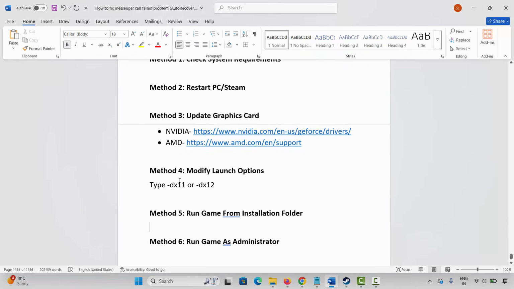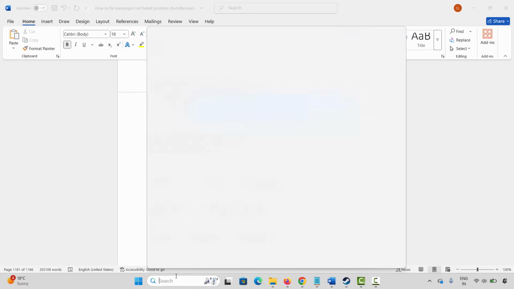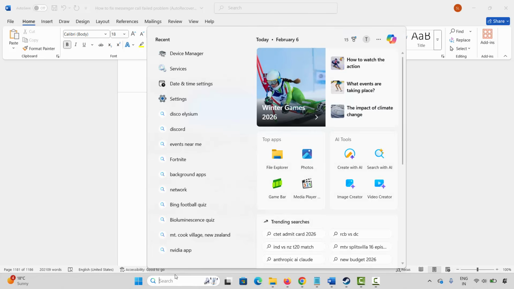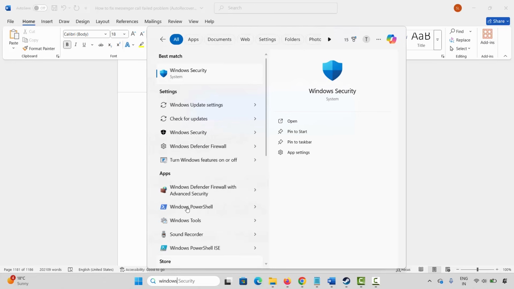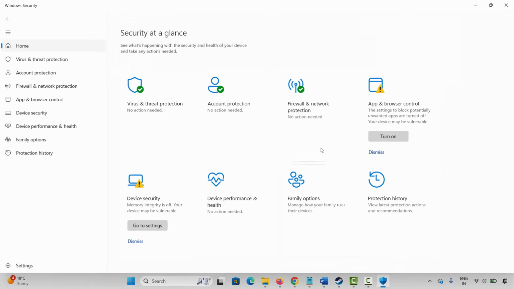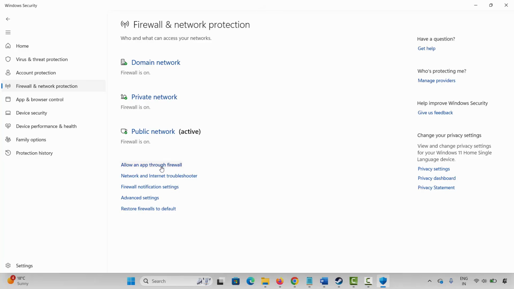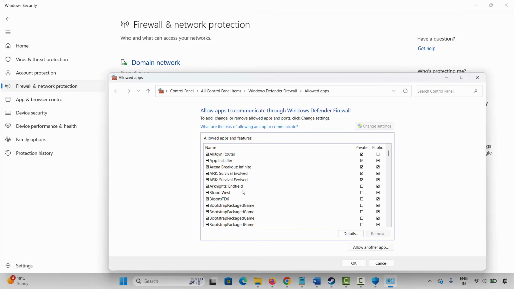Well, the next method is to allow the game through firewall. For that, go to the Windows search over here. Now here you have to search for Windows security. After opening it, here you have to select firewall network protection, click on allow an app through firewall. Now click on change settings and after that here you have to search for the game, whether it's listed or not. So search for the game. If you cannot find the game,